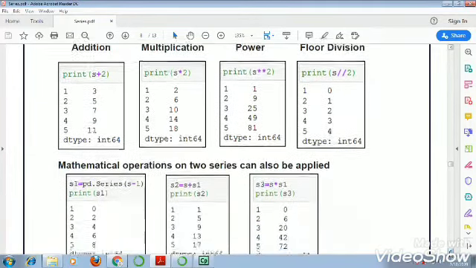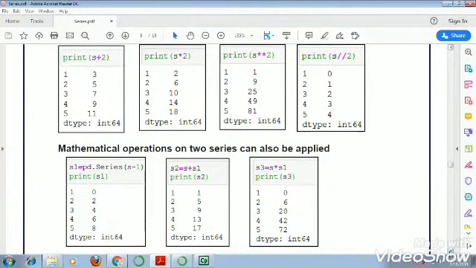We can apply mathematical operations on two series also. Suppose here we have a series S1, and it is created using S minus 1.